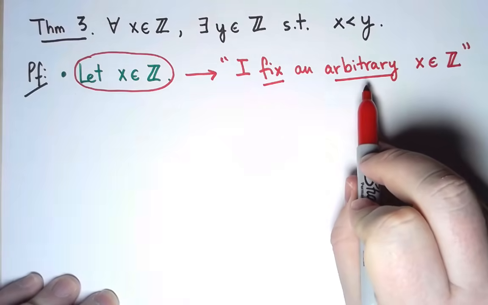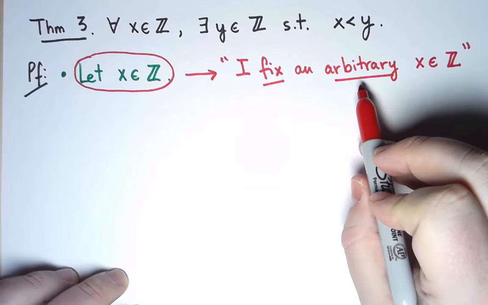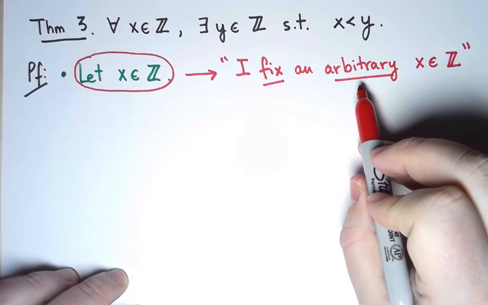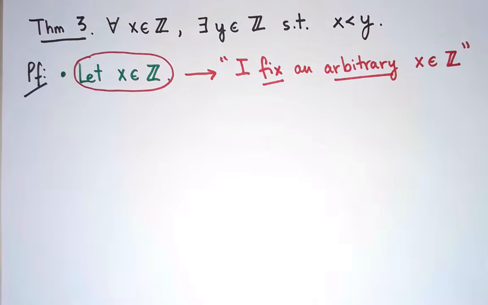Arbitrary because this must work for all integers. I don't get to choose x. X should be any here. Otherwise my proof doesn't work. I want it to work for all integers. And fix, I'll come back to why that is important. So once we have fixed